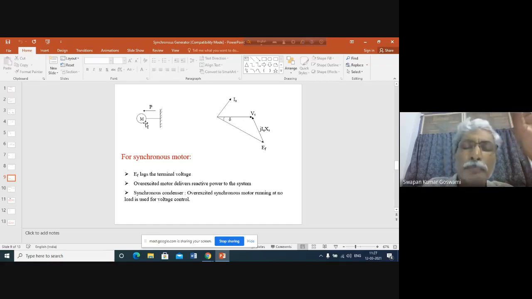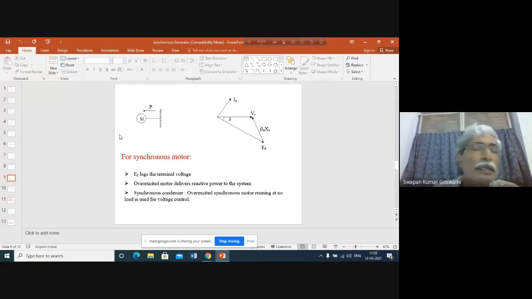When a motor is utilized to drive any mechanical load, its total job is to cater to that mechanical load only. Here, the motor is installed to supply reactive power to control the voltage. That's why this particular operation of the synchronous motor is called a synchronous phase modifier or synchronous condenser, because the motor is now behaving as a capacitor. Capacitors are also sometimes called condensers. So the motor is behaving as a condenser, and since this is a synchronous motor, it is called a synchronous condenser.